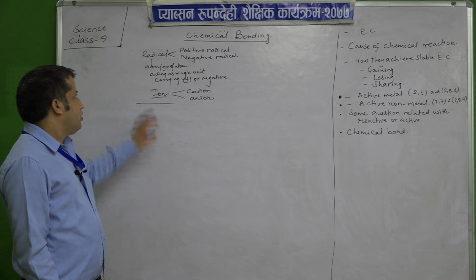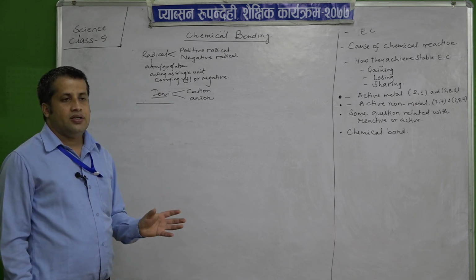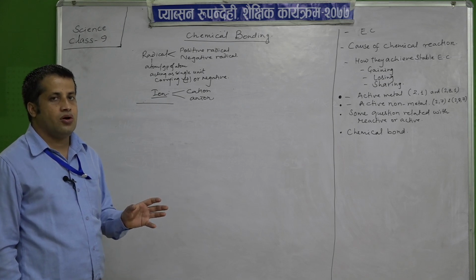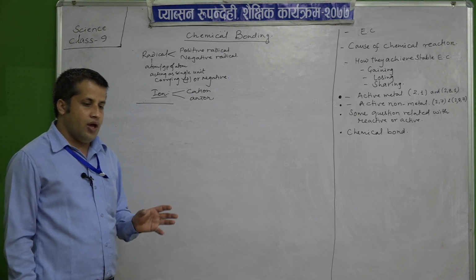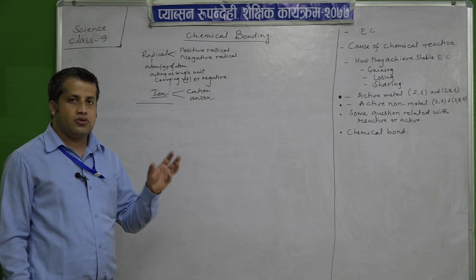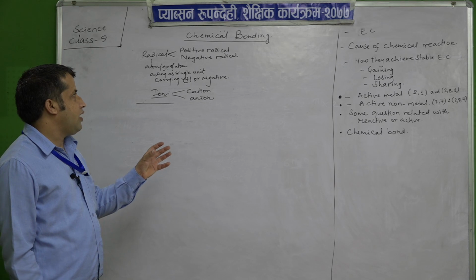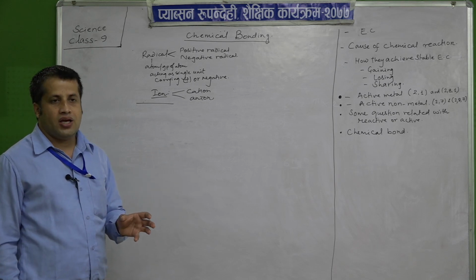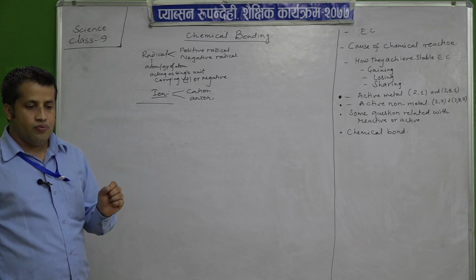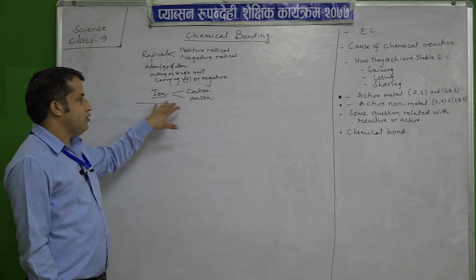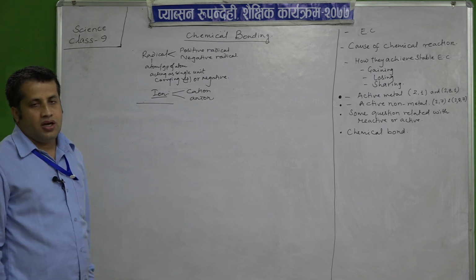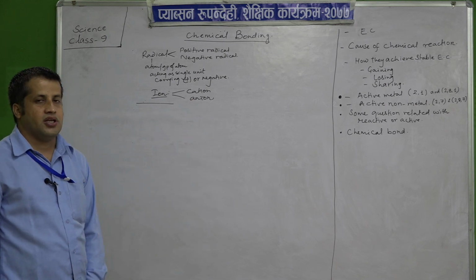Radicals were atoms or groups of atoms acting as a single unit and having either a positive charge or a negative charge on them. Okay. So there we have defined it, and how many types were they? They were of two types on the basis of charge, that is positive radical and negative radical, as well as simple radical and compound radical, which we discussed there. And similarly, we discussed the ions, what is a cation and an anion, and how we will give the names for these radicals or ions, we discussed yesterday, isn't it.